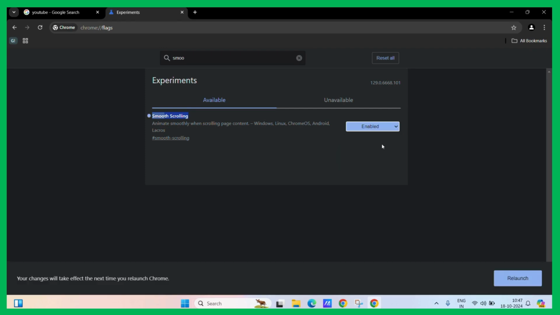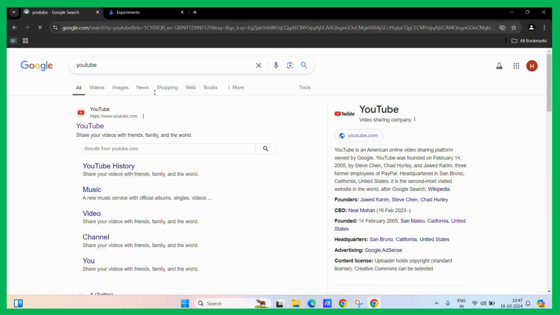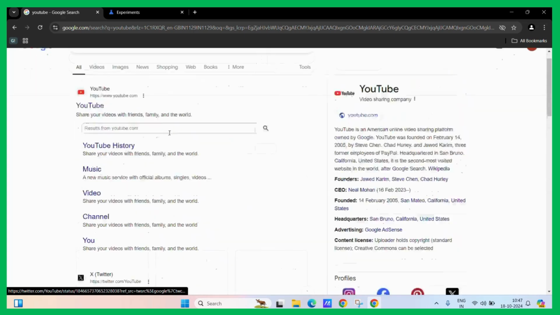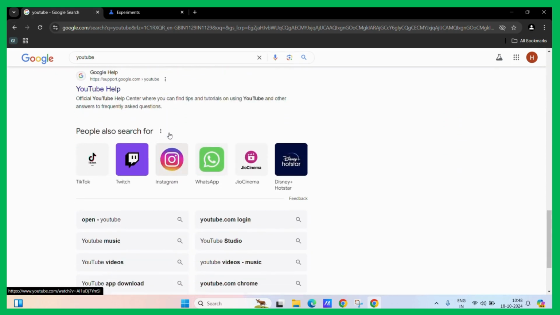Once you enable it, you will be asked to relaunch the Google Chrome. Simply click on the relaunch button. Once you click on the relaunch button, Chrome will be relaunched and you will feel that the scrolling now has improved a lot. It might not be that significant, but it will definitely improve your browsing and viewing